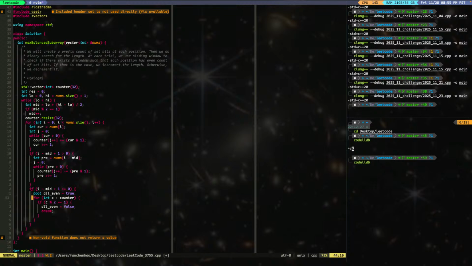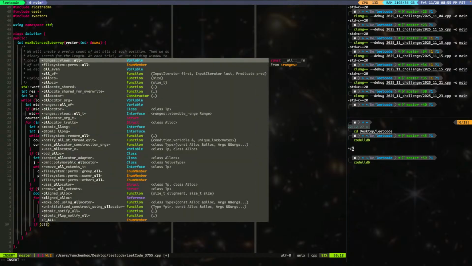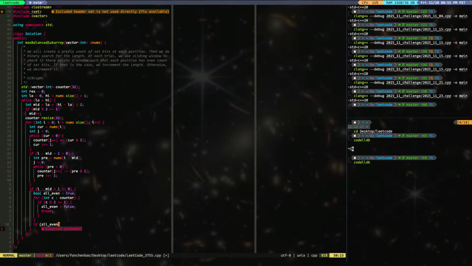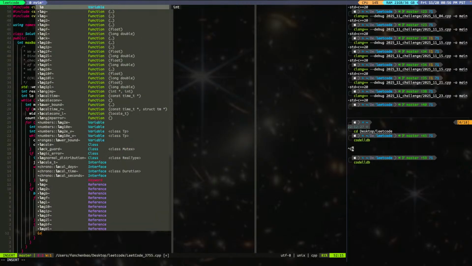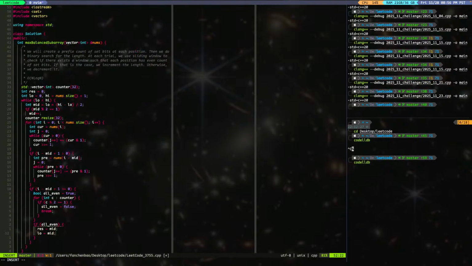Right, we only do it here, and then once I get outside, we say if all even, which means it's true, then res equal to mid, and then we try to get bigger. So I say low equal to mid. Okay. Else,